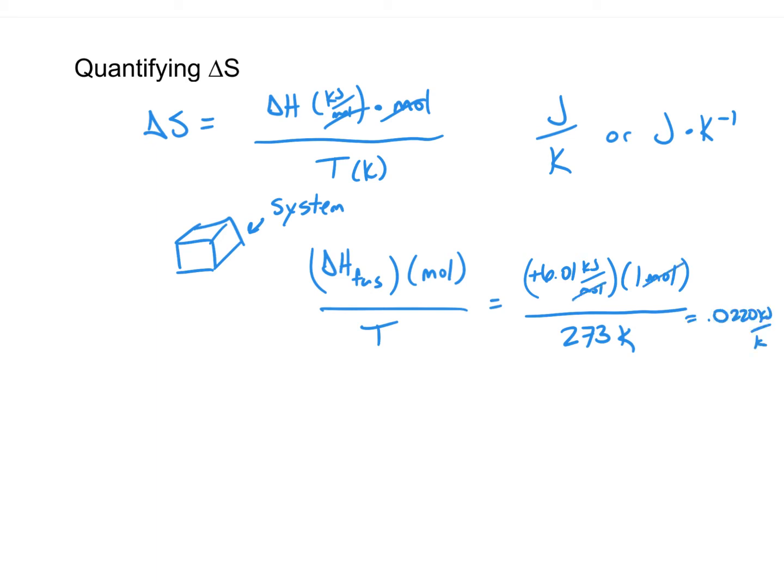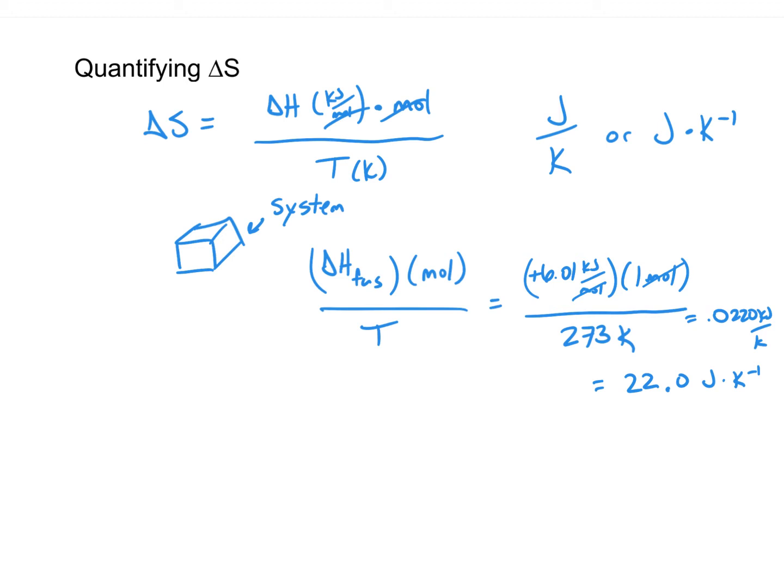0.0220 kilojoules per Kelvin, or kilojoules times Kelvin to the -1 power. This is typically how we identify the symbol or the units of entropy, using negative exponents. But again, notice it's a really, really small number. So let's move the decimal point over 3 to the right to convert from kilojoules per Kelvin to joules per Kelvin, and you get 22.0 joules per Kelvin. That is the entropy, or the disorder, of melting ice. How about that? You just quantified disorder.